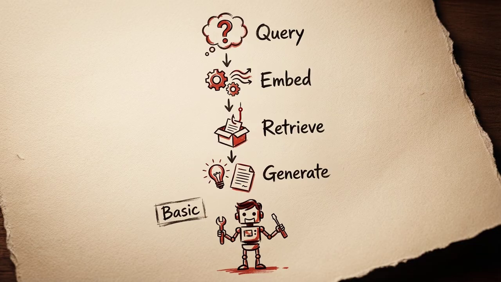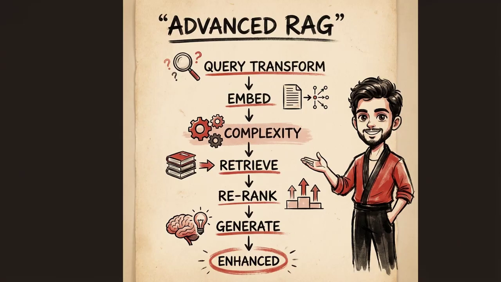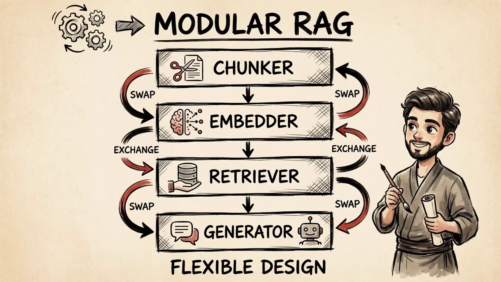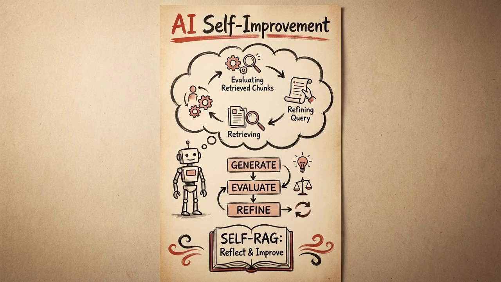It's a great starting point but has limitations. Advanced RAG incorporates techniques like query transformation, re-ranking, and context-aware chunking to significantly improve retrieval quality. Modular RAG emphasizes a flexible architecture where different components, chunkers, embedders, retrievers, can be swapped out and optimized independently. Self-RAG is an exciting new approach where the LLM itself generates and evaluates intermediate retrieval steps, reflecting on its own